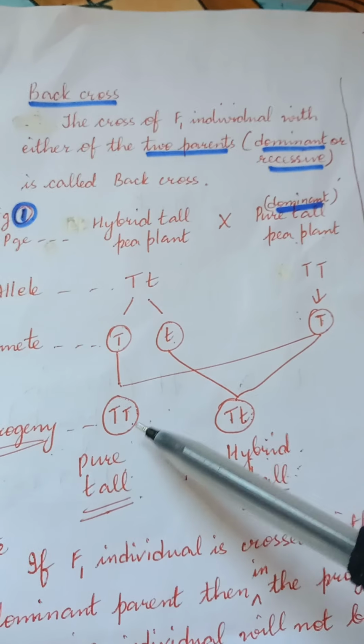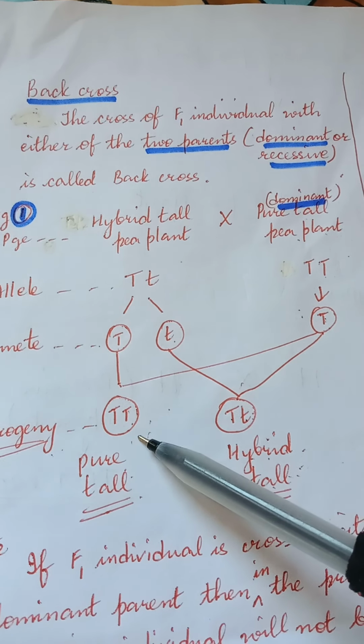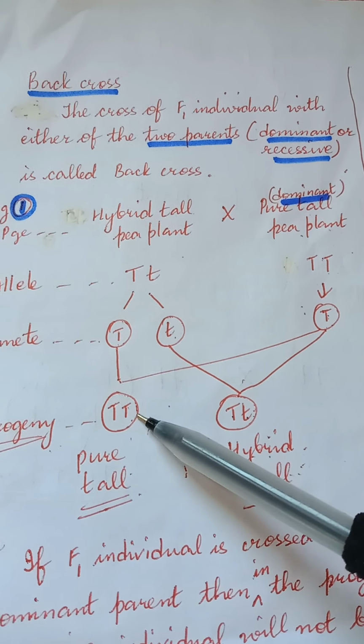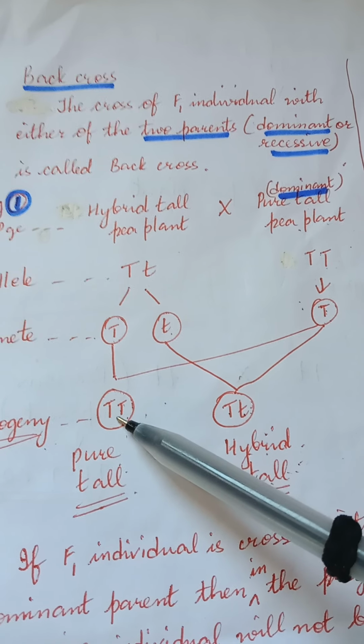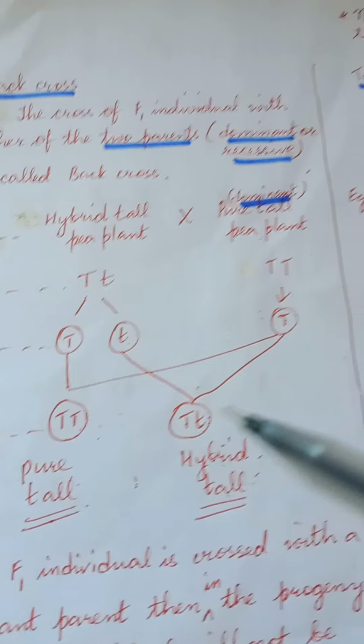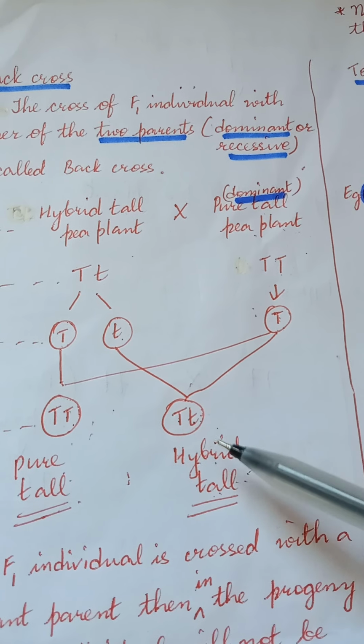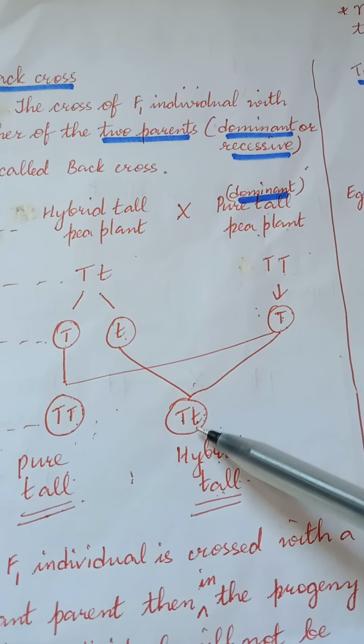So this type of genotype will be produced. If we look at the offspring that will be produced, we'll get capital T, capital T, which means it is pure and T is dominating, so this type of offspring will be pure tall. And here, since it is mixed, it is not pure, it is hybrid, but this hybrid will also be tall because